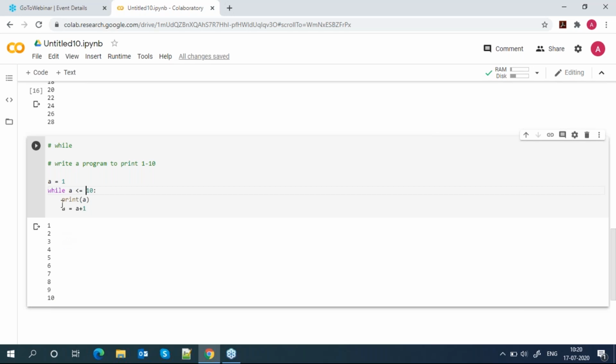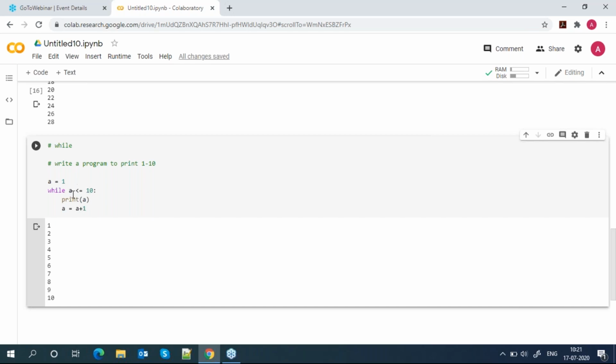Then check: 10 is less than or equal to 10? Yes, here I am giving equal to. Then print 10. Then a equal to 10 plus 1, 11. So now a value is 11. Then it will come and check: 11 is less than 10?